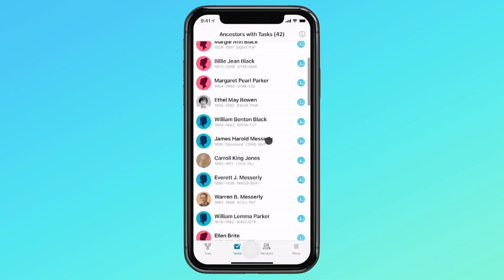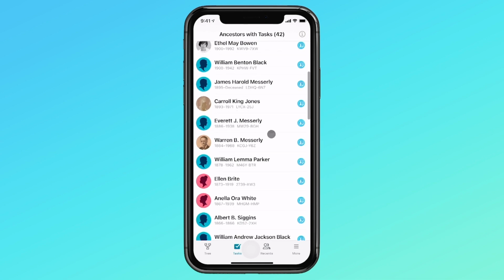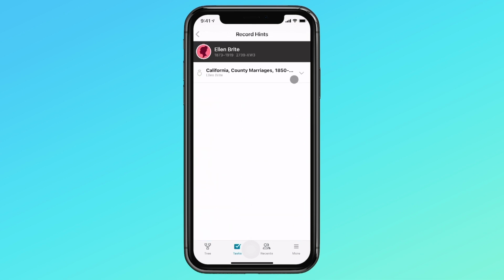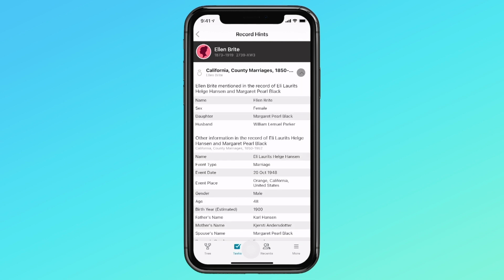I'm going to just scroll down here a little bit to Ellen Bright, and I'm going to go ahead and tap on this blue icon. That blue icon just represents a record hint, meaning that, like I explained, we've found some records with this person listed in it. And so in this record, which is a marriage certificate, we see that Ellen Bright, who's